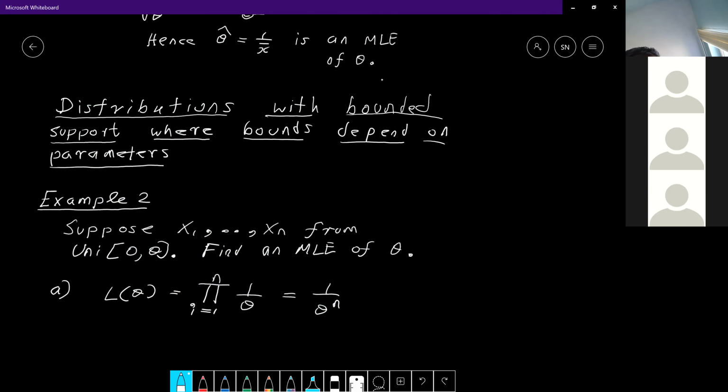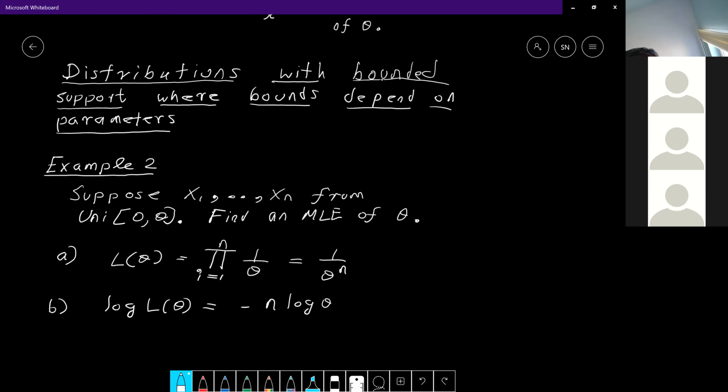The second step is to take the log of the likelihood, which is minus n log of theta. And the third step is to find the derivative, which is minus n over theta. And if you set this to 0,